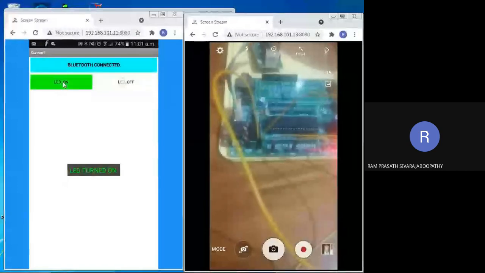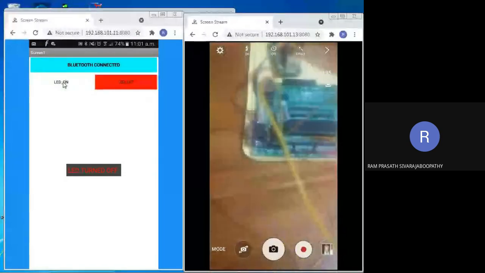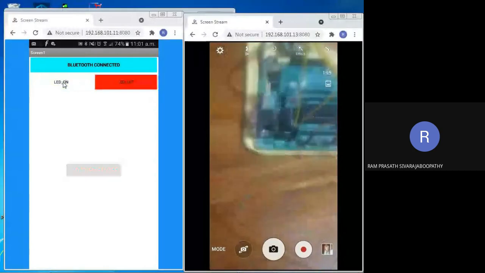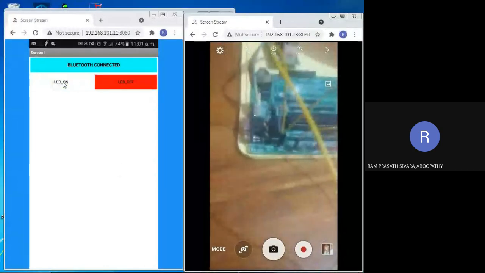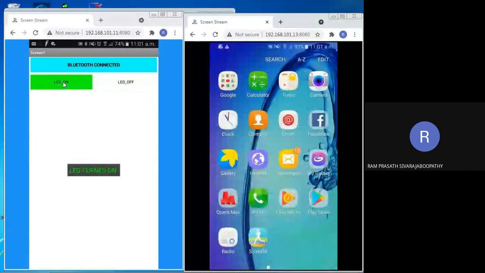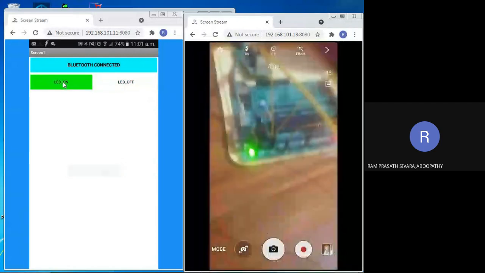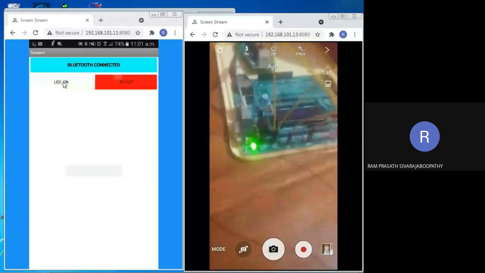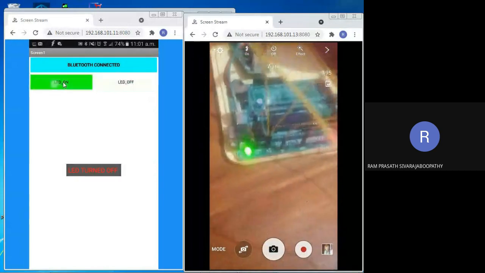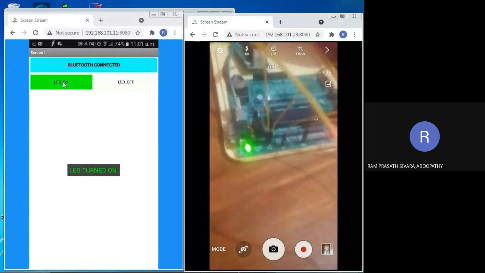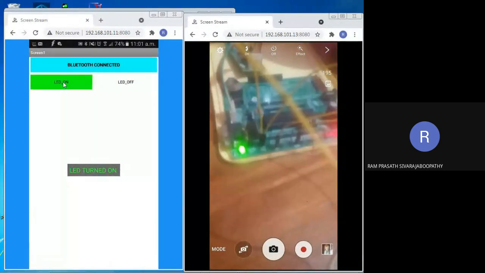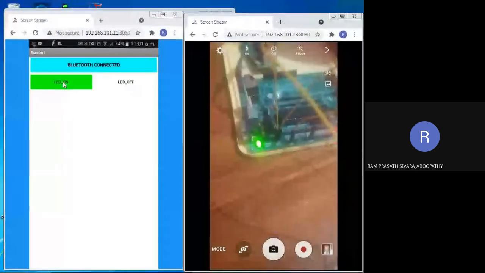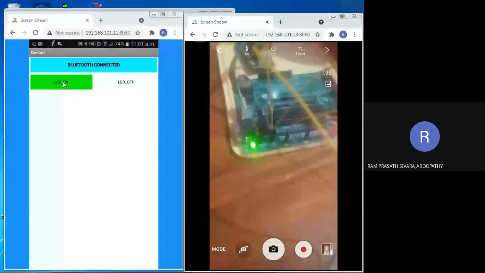I hope the demonstration is satisfactory for you. That's all. You have to know how to build an application using MIT App Inventor for your Android phone. Meanwhile, you have to know how to program a microcontroller. Fine? Okay.